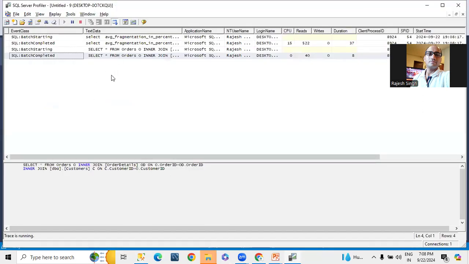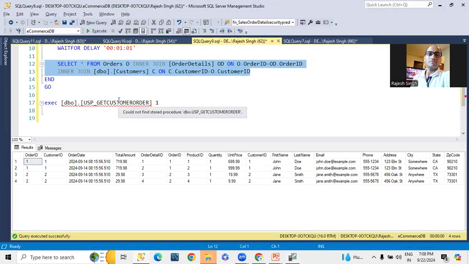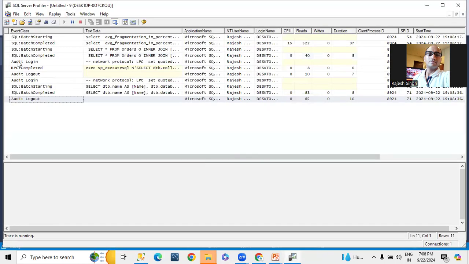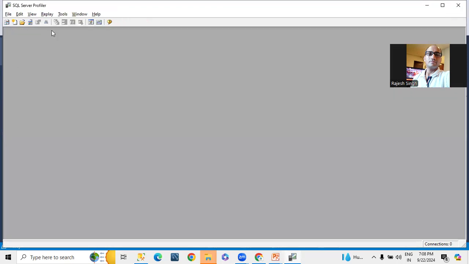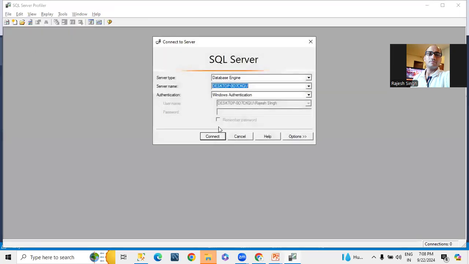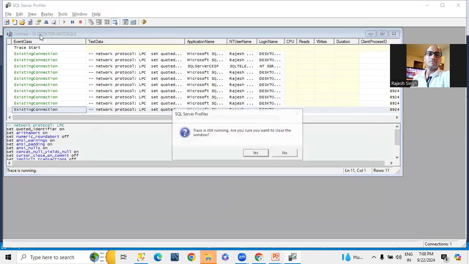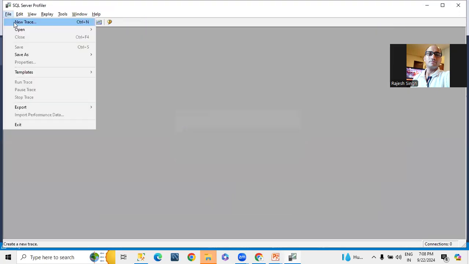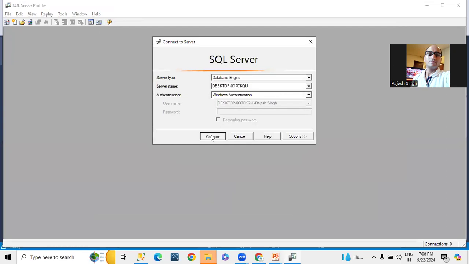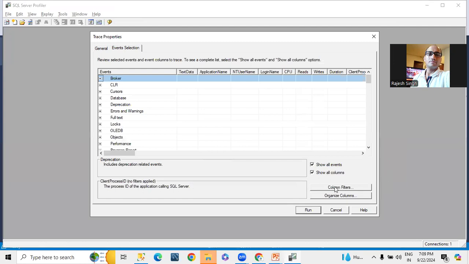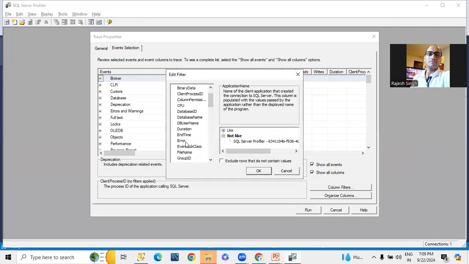But if you add some filter condition, let's suppose you don't know the duration, but you know the procedure name. So in the profiler, directly what we can do, let me close this. You can filter with an event class. Here is the text data. With the help of text data, connect this and go to the selection, and here you have to add a filter on the basis of text data.